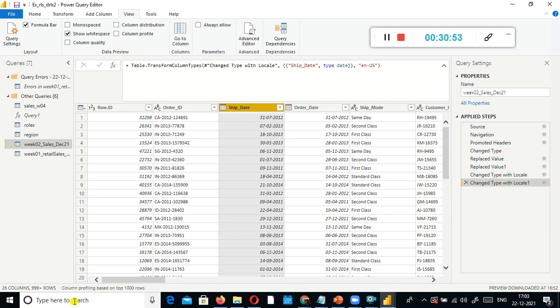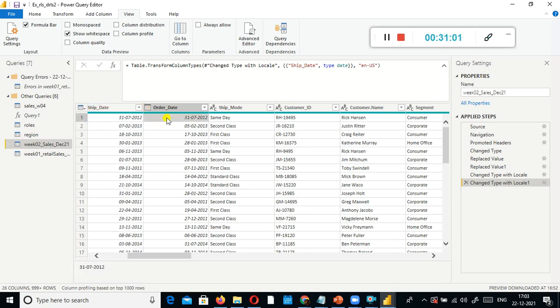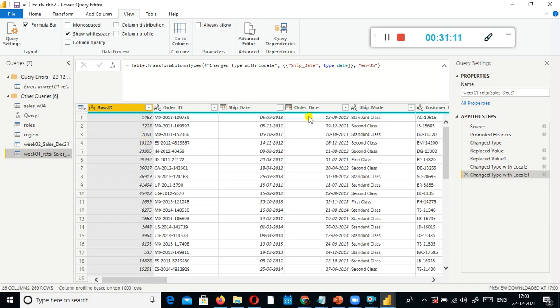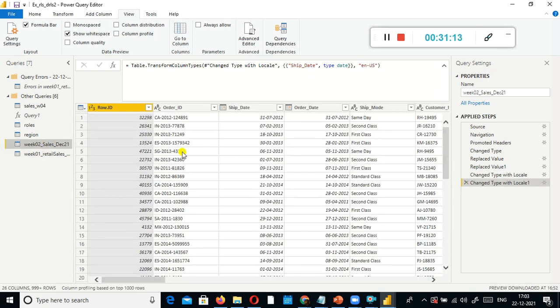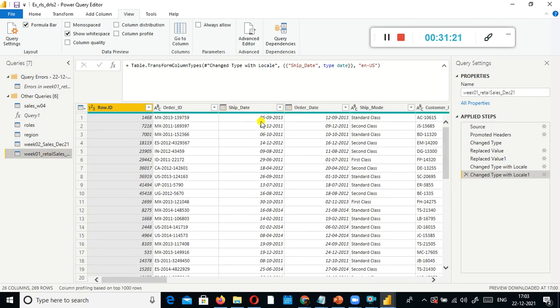I don't need a column profile. Very good. So date data type, row ID, order ID, and order date, is something wrong with it? In the same order, they are the same day when they ordered it, they shipped it. But here order date, ship date, order date. Here what I have, ship date, order date. Okay, it should be the other way around. Order date should come first and ship date should come next, but here both of them are in the same order. Look here also ship date is there. After the ship date only have order date.